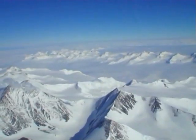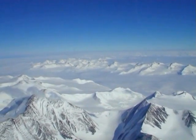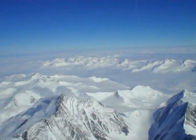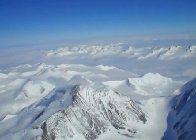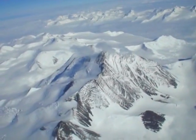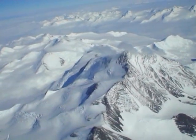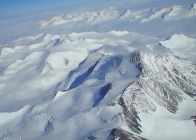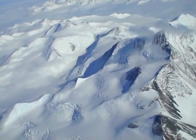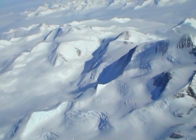Okay guys, right hand side, we've got Mount Sabine coming up, and for the geologists on board here, they're the fantastic sedimentaries we mentioned to you before, and you know, we're looking at land that has been pushed up out of the sea. Look down now, right hand side, you actually can see the fold within the sedimentary layering that we were talking to you before about, and you can see some just hanging ice there heading down to some little steep valley glaciers, and there's a really interesting ice flow